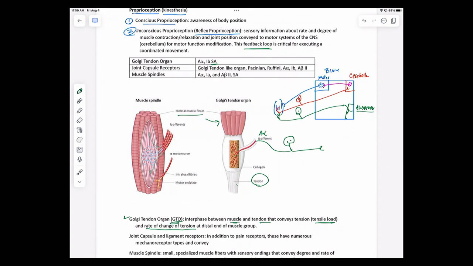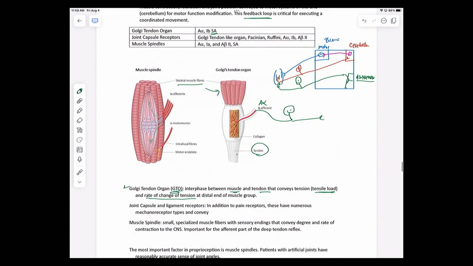Another component is going to be a joint capsule and ligament receptors. I don't have a drawing for that, but I think you can easily imagine that. You have connective tissue around a given joint, and of course you have connective tissue associated with the ligament as well. So you have sensors there that are also feeding back to both the cerebellum for motor function and the part of your brain that has conscious awareness. Again, that gets integrated in terms of the angle of the joint, which helps you understand where your body parts are in space if we're talking about the awareness part.